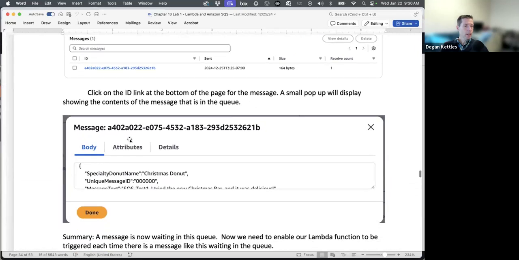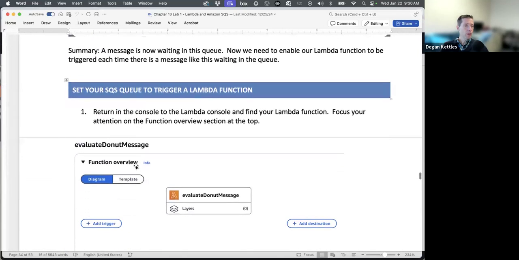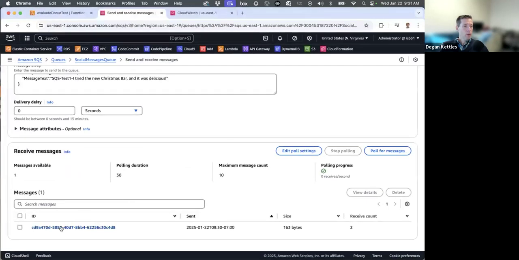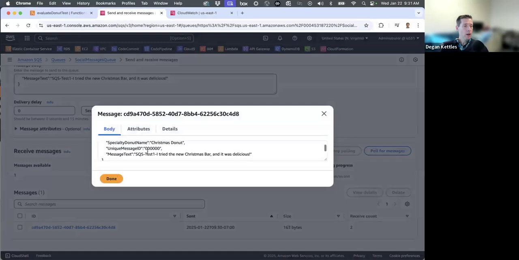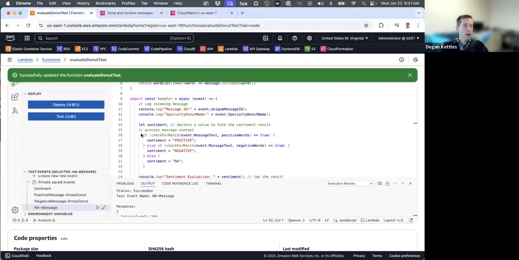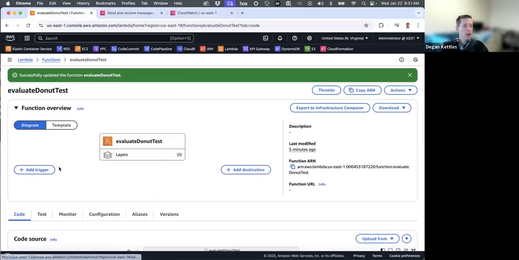We can click on the ID and verify that stuff is in there. All right, let's just do that real quick. We will click on this message and we can verify that our message has been added with this ID. Great. Okay, now we need to worry about how do we make a queue that gets read automatically by this